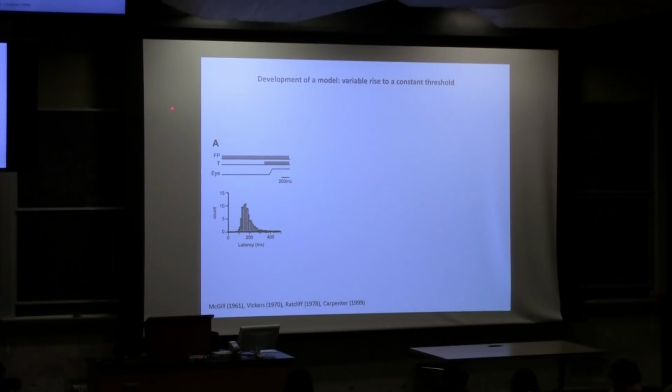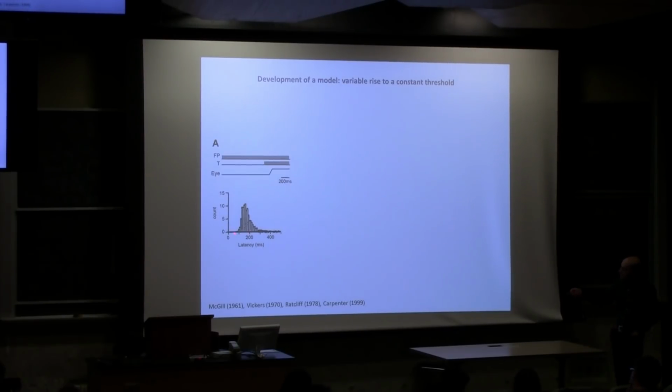So here's a simple task. There's a fixation point. This is the time on the x-axis. The fixation point is on during this whole time. And then at some point the target goes on, and then the eye makes a saccade to that target. So very simple. You're looking at a dot here, the dot is there, another dot appears, this dot still is there, you make a saccade to it when the second dot appears, the target appears. And here's the distribution of the reaction times, how long it takes. So the dot is always the same